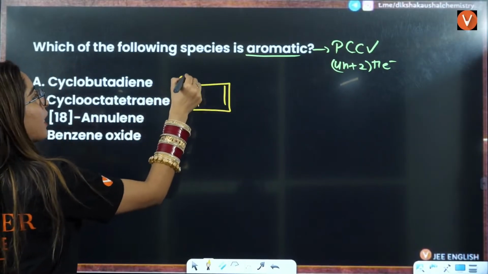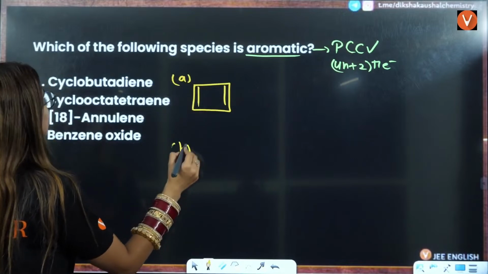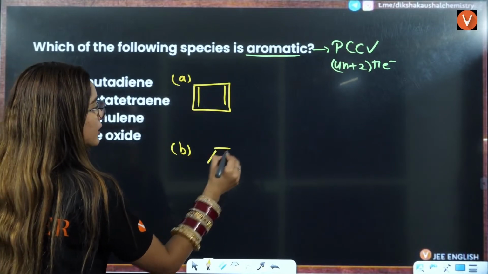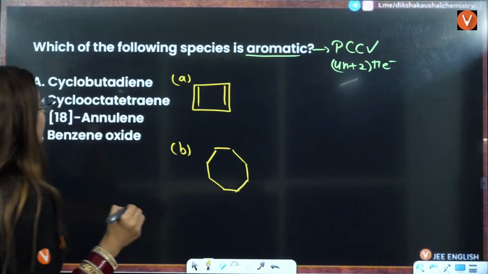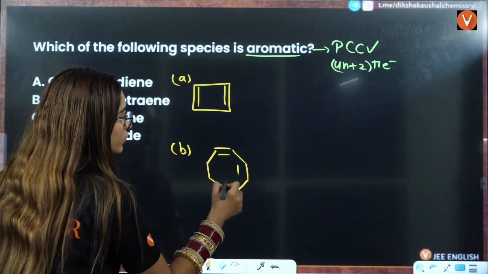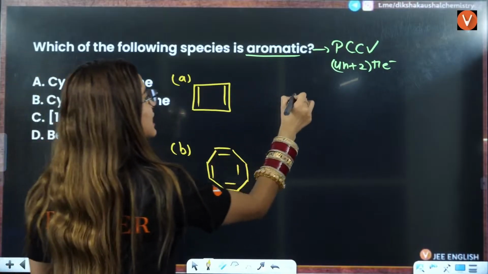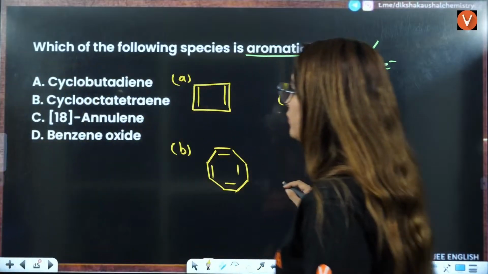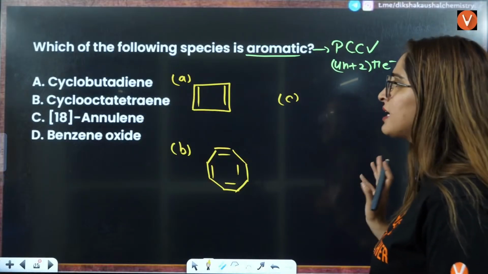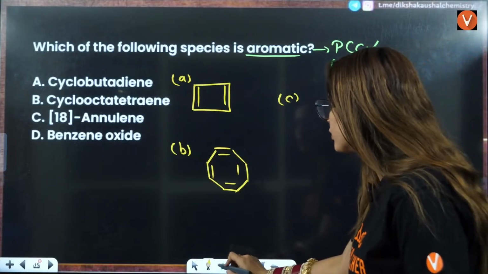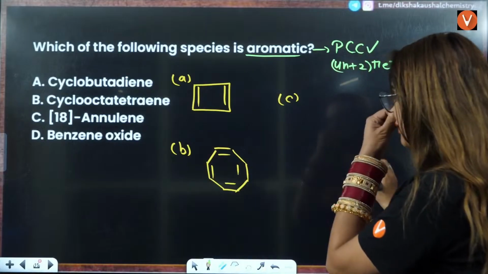This is the A part. What is B part? B part is cyclooctatetraene, 1, 2, 3, 4, 5, 6, 7, 8. So tetra means 1, 2, 3, 4. C is what? [18]-annulene. Then the last one is benzene oxide. So if you talk about all of these here,